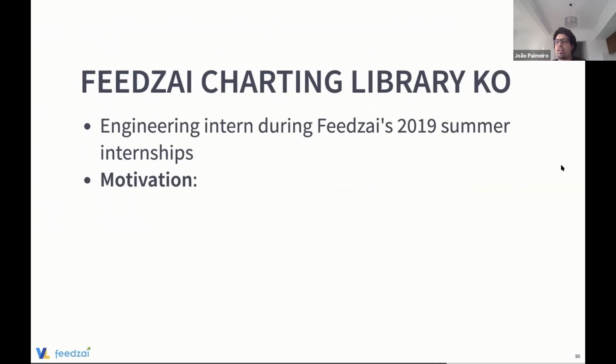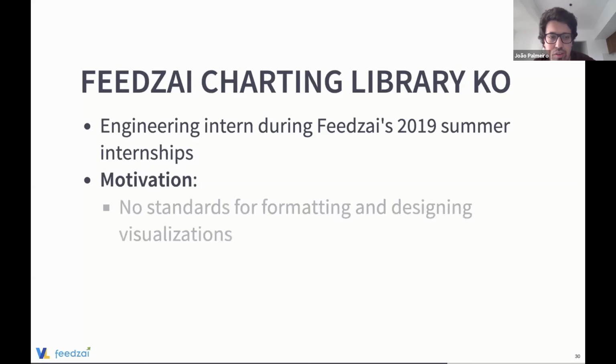So, having said this and introduced you to Vega and Vega-Lite as a way to do data visualization in a web development context, I would like to talk a bit about my experience last summer at Feedzai in a summer internship, where we kicked off a Feedzai charting library. And the motivation for a specific company, a specific team, to try to have an in-house library for data visualization